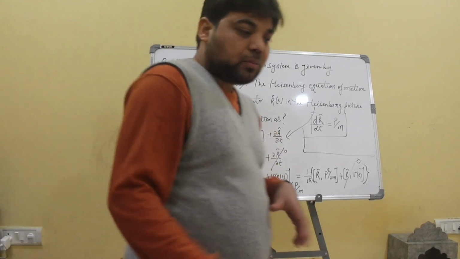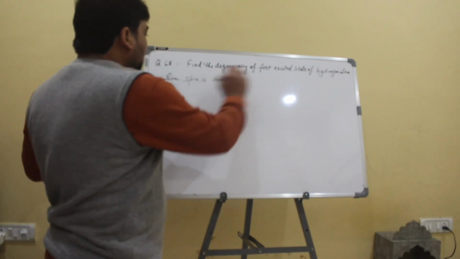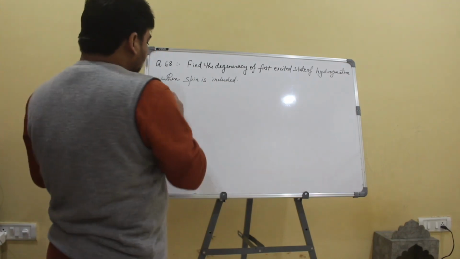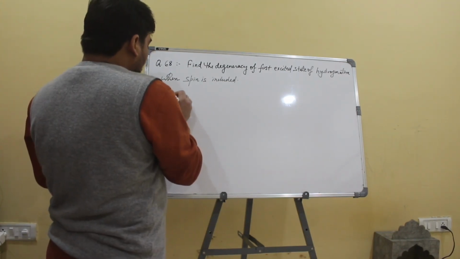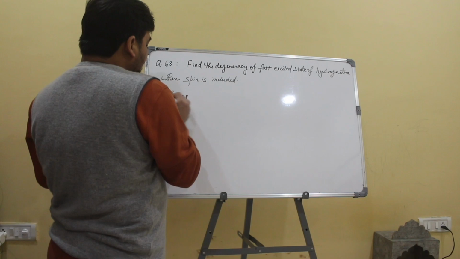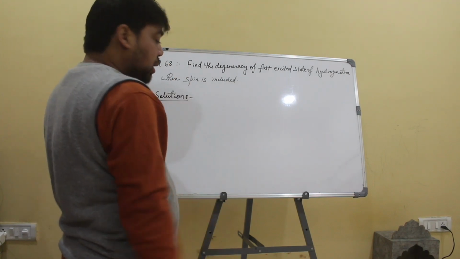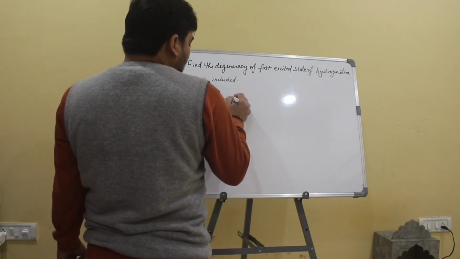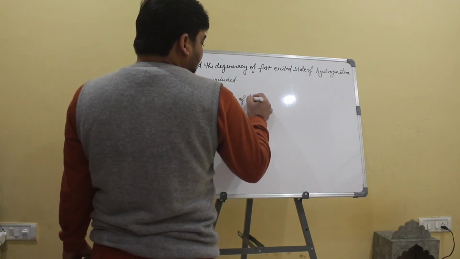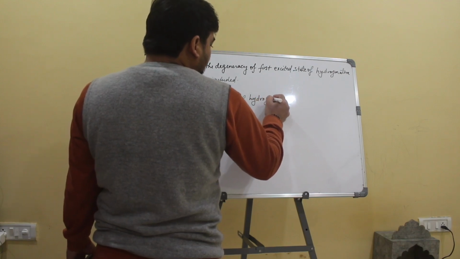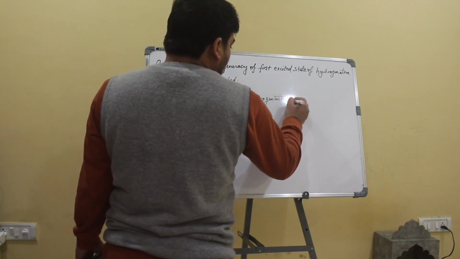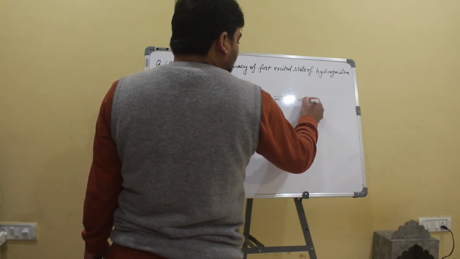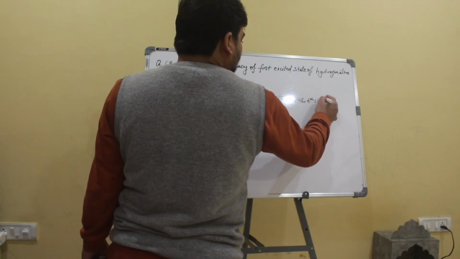Let's write it down. Now let us take this problem which says: find the degeneracy of the first excited state of the hydrogen atom when spin is included. Right? A very important problem, as degeneracy is very frequently asked. Right? So the degeneracy of the hydrogen atom in the nth state is defined as